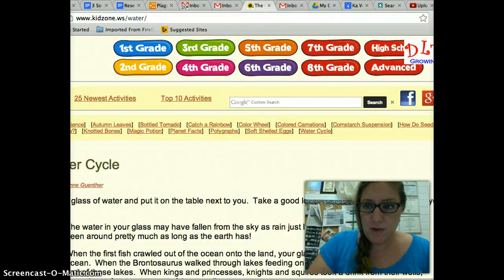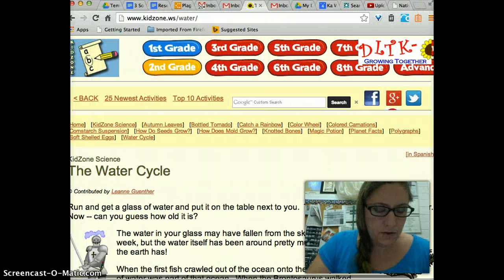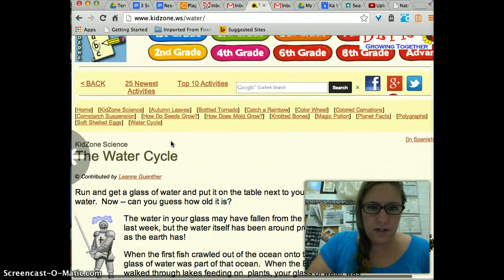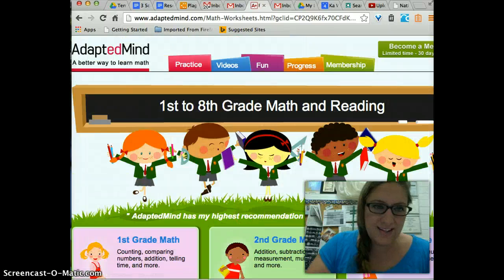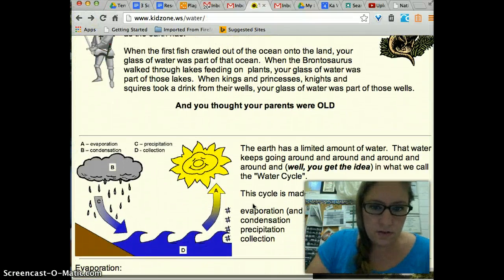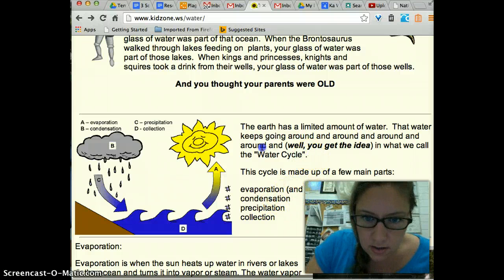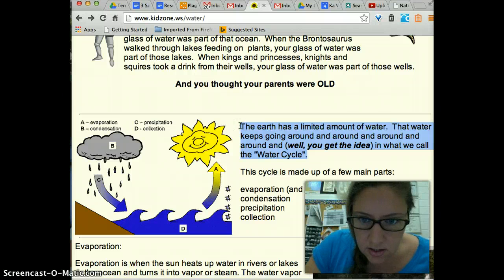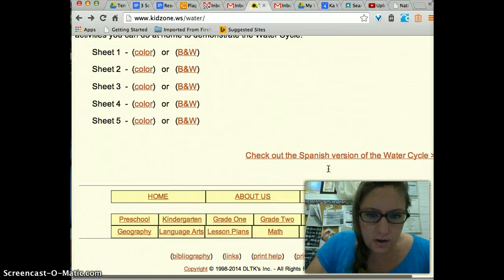Okay, so this bad boy, let me put this in here so you can see it. Ooh, this looks fun. Ooh, second grade. Or is that going to mess me up? It is. Bummer. Okay, water cycle. Let's see here. Ooh, condensation. I like this. Yes. The earth has a limited amount of water. Ooh, condensation. Bam. Okay, so I know the site is going to be good for me, but let me just check it out here, down here.